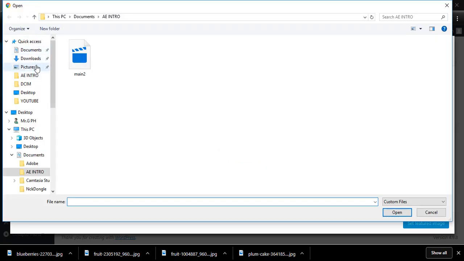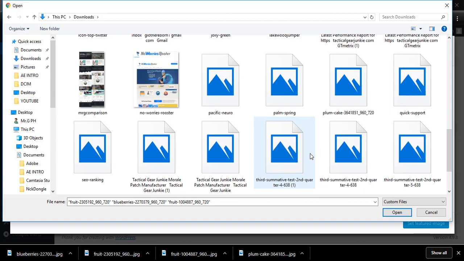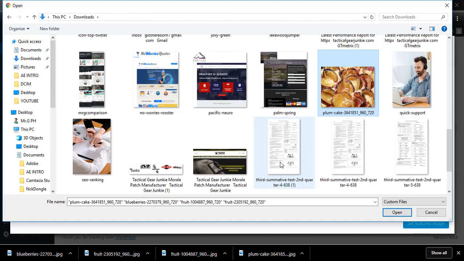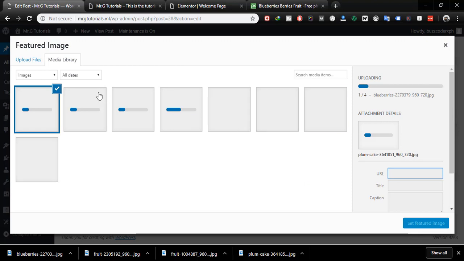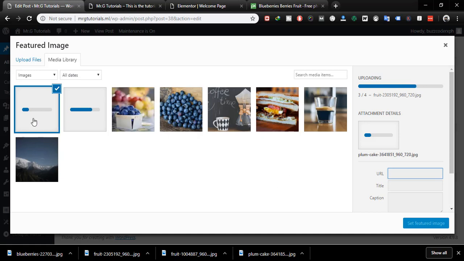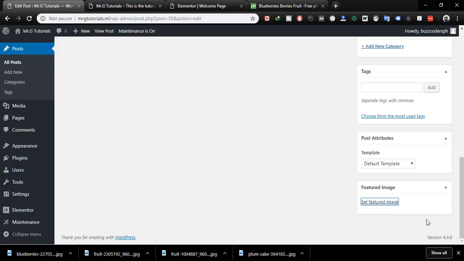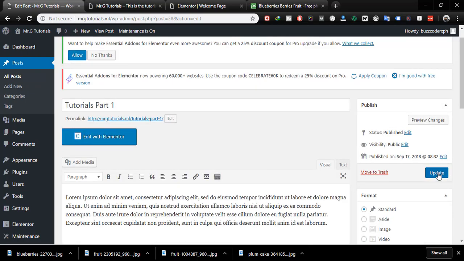Now we're going to select those images. Okay, here. Now open those. Yeah, I tried to bulk upload so that you can see, but we're just going to use one image, maybe this one or this one. I'm just going to use this. Set featured image here and update. Just go ahead and